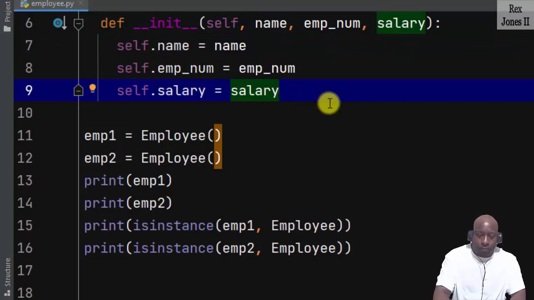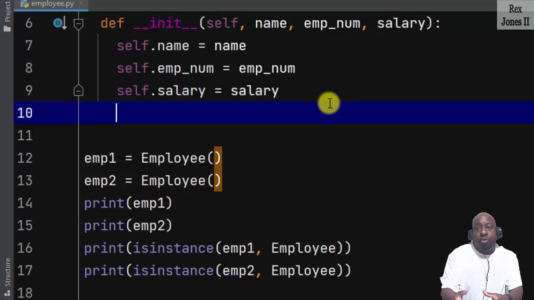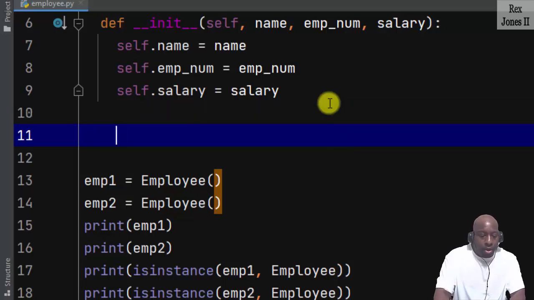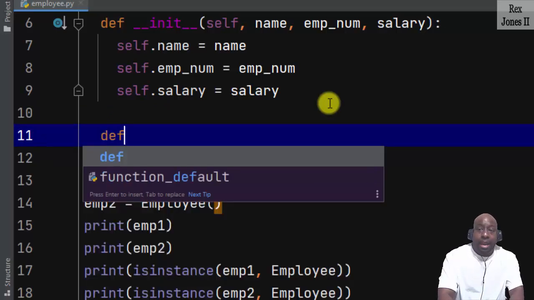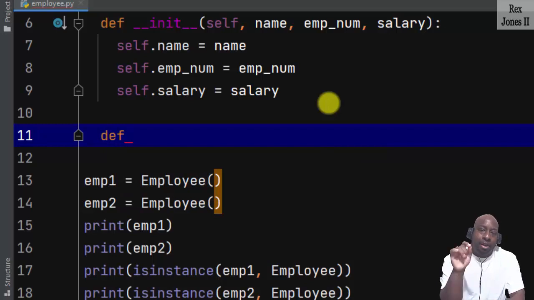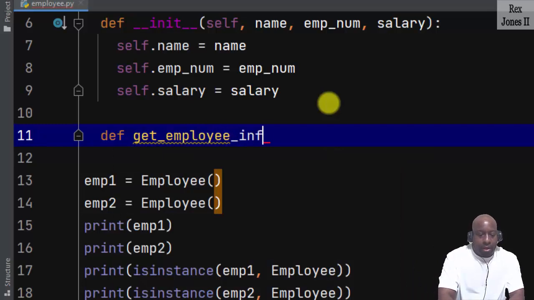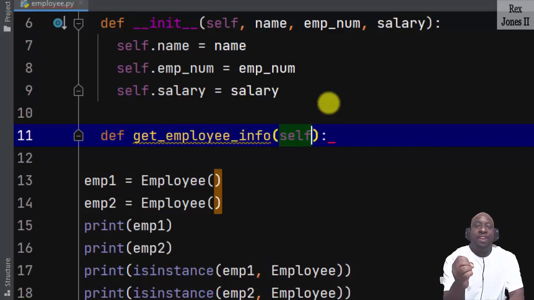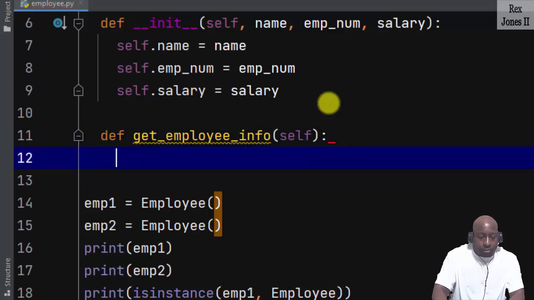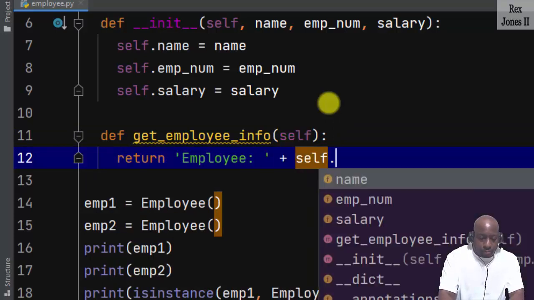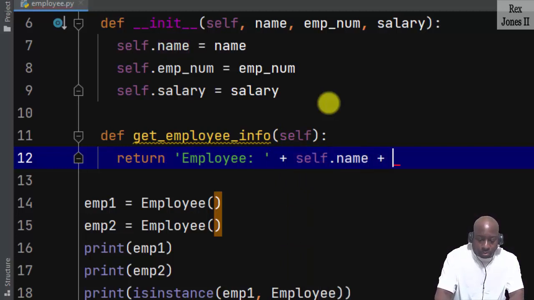When it comes to a method, it determines what action an employee can do and what we can do with the employee. For example, we can get the employee's information by writing def to define the method. The name will be get_employee_info, and we put self in the parameter. Let's return the employee name. I'm going to also skip a line by writing \n